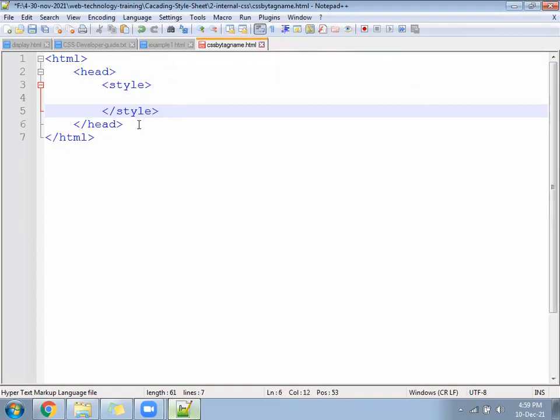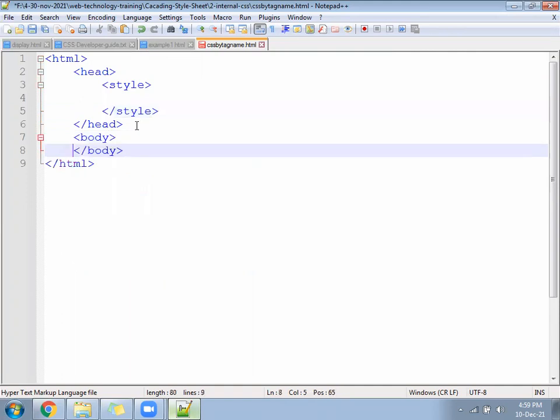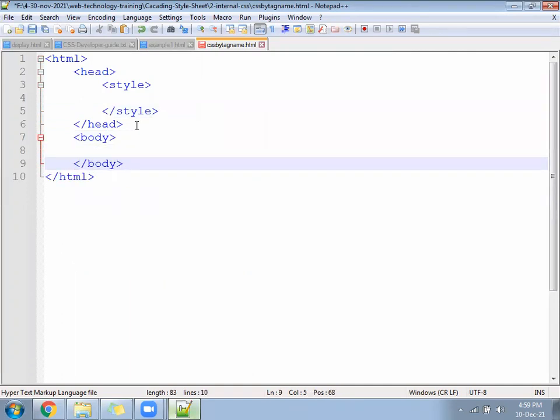After that, open the body and close the body. We'll come inside.